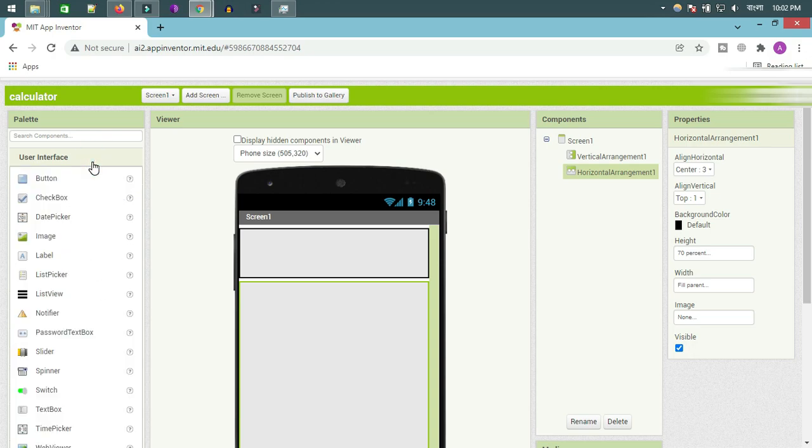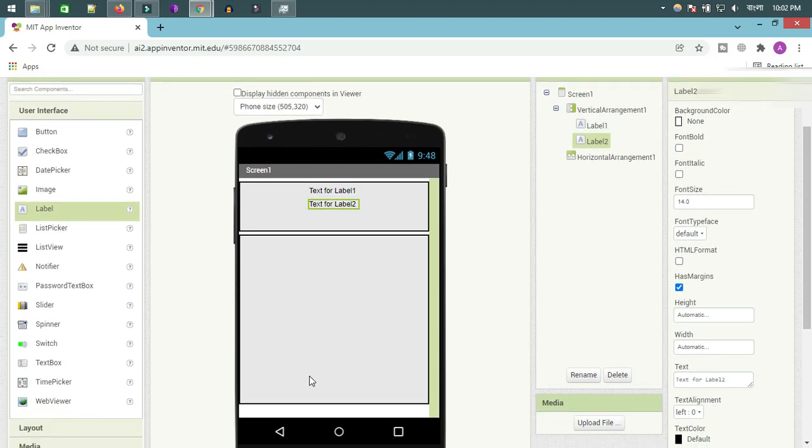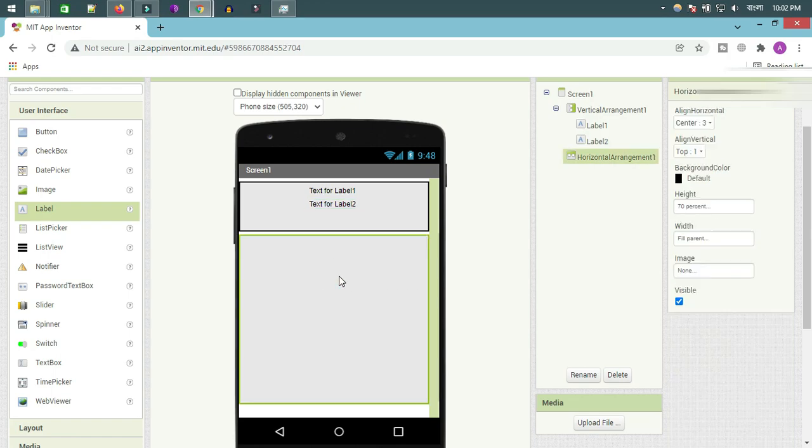Okay, now go to the user interface section. Drag a label, another label here. Okay. Now here, okay, and check. I make it 60%, 40%,